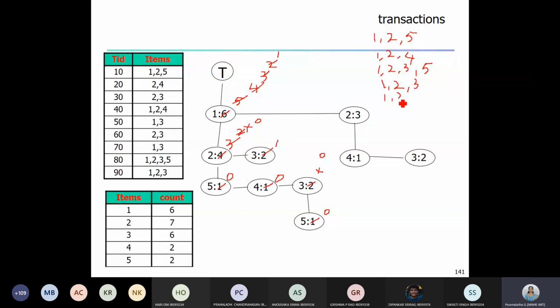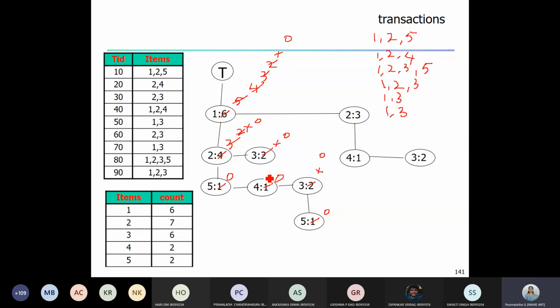Again go to the root, traverse the child, decrement the count. Again we have item 1 with us. Below item 1, child pointer 2, its count is 0. So go to its sibling. Sibling is 3 with the count 1. Reduce its count and then write the item 3 here. So 3, there are no child pointers. Stop here. Again go back to the root, follow the child pointer.